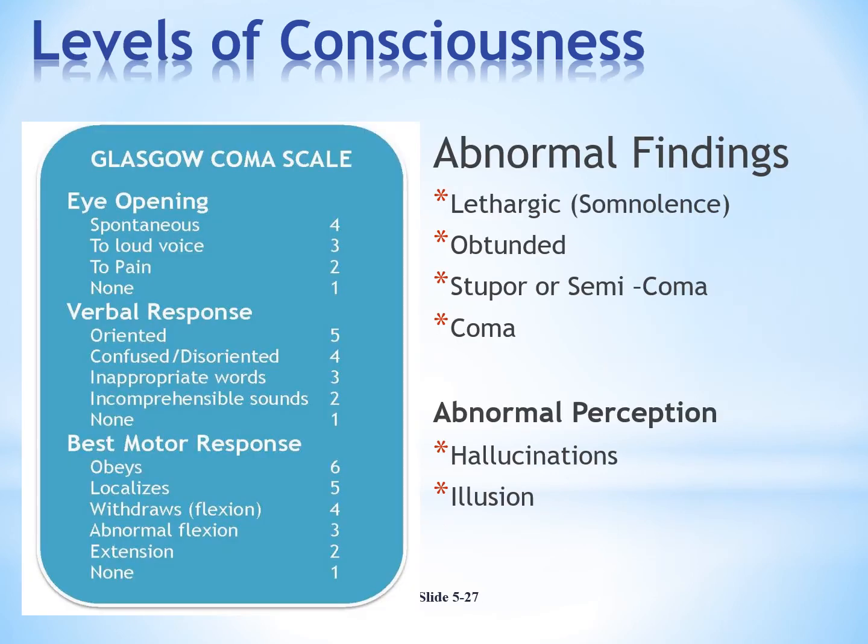And this is exactly what it looks like, the caption on the left. So if they open their eyes as you call their name, that would be given a 4. And if they open their eyes to pain, that painful stimulus on the patient, like maybe rubbing their sternum, a sternal rub, that would be a 2. No response would give them a 1. Now, the lower the score on the Glasgow Coma Scale, the worse it is for the patient. So the higher the score, the more alert and awake your patient is.